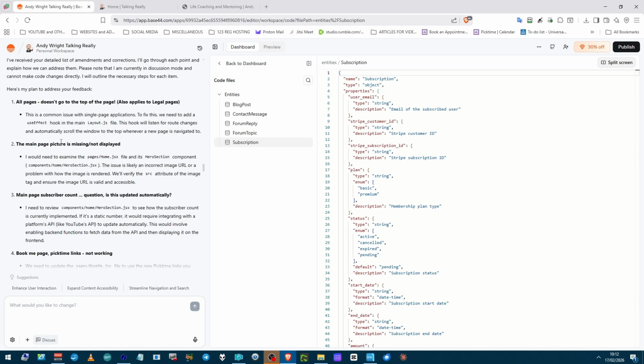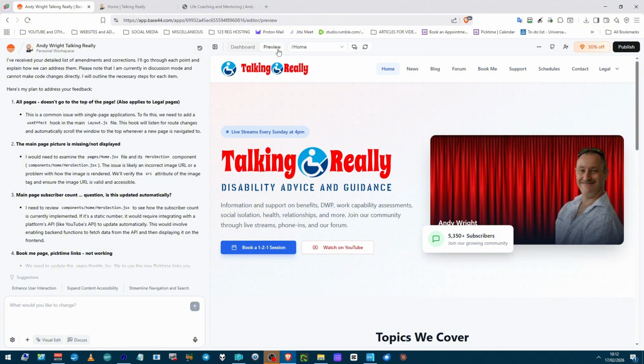But it didn't work. When I came in this morning, there were loads of errors, loads of problems. So all the pages don't go to the top. The main picture on the front screen here was missing. And it kept on doing it and saying, well, it's there. It's not there at all. So I made another one and sent that up, and it's put that one in. That one stayed there.